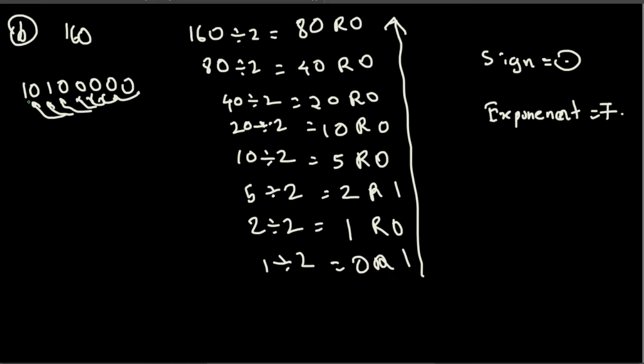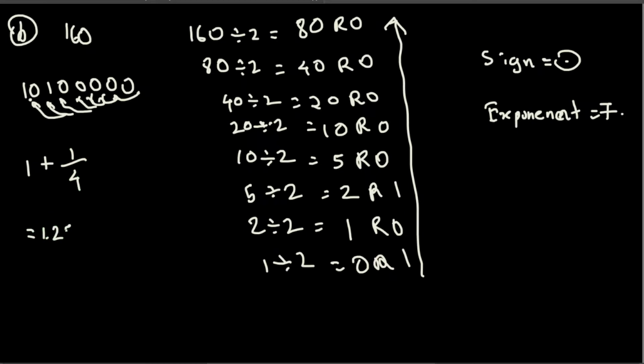Okay, and then we put a decimal point here. Then what's going to be the conversion of this one in decimal? So 2 power 0 times 1, that's 1, and then plus we only have 1 at this place, that is 2 power minus 1, and this is 2 power minus 2. At 2 power minus 2 we have 1, that is 1 over 4. So we are going to have